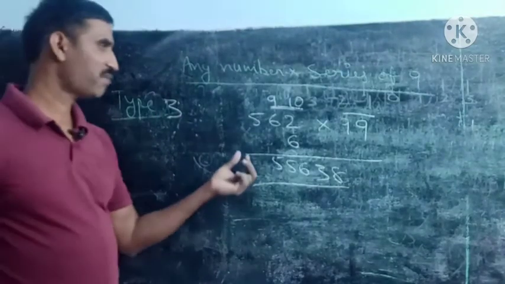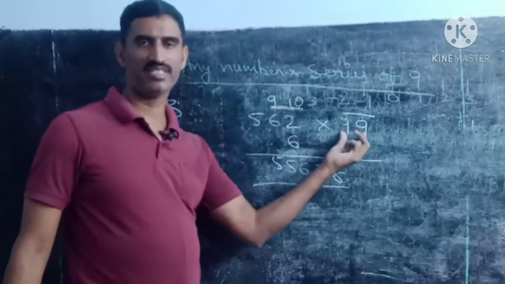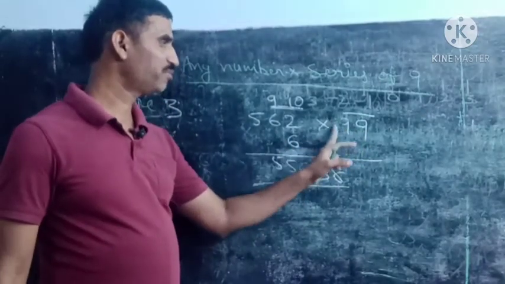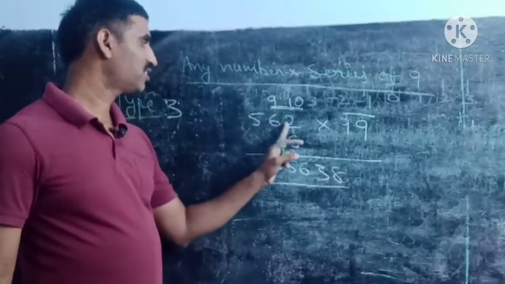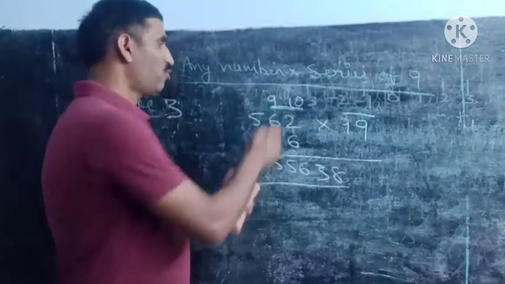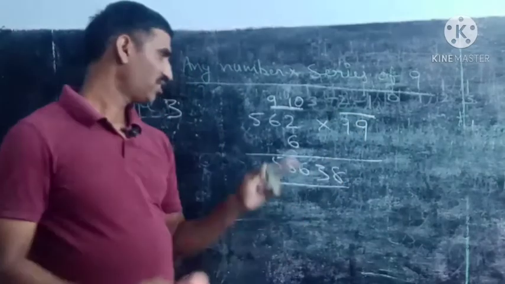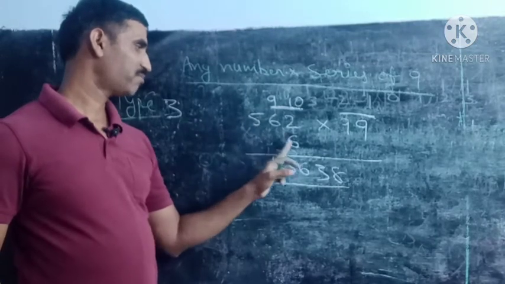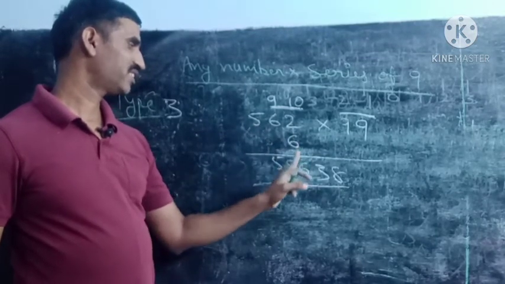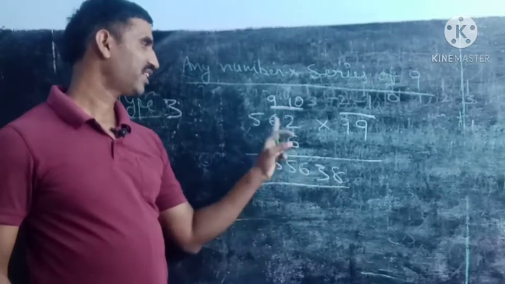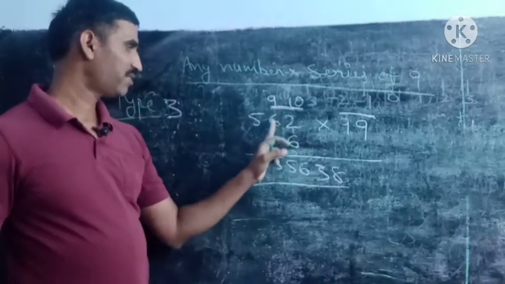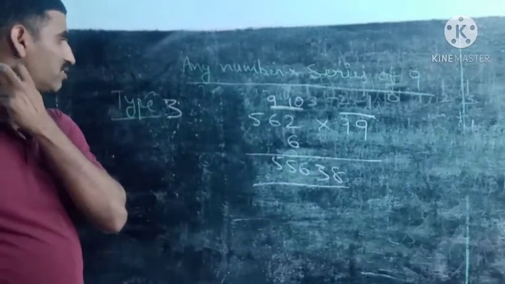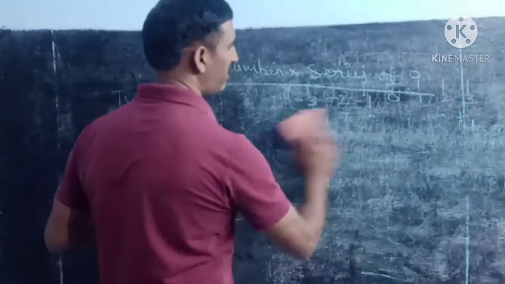So once again, repeating, I am telling you: here 562 into 99. This is our problem. Here the number of digits is not equal, so here don't keep 0, remember that. So 562, write the group here. 62 and 99 is the group. 562 except the 5: so 5 plus 1, you write 6. 562 minus 6, you will get 556. Next write the complement of 62. 9 minus 6 is 3. The last digit is subtracted from 10. 10 minus 2 is 8. So like this, with 2-3 problems you can easily get clear.